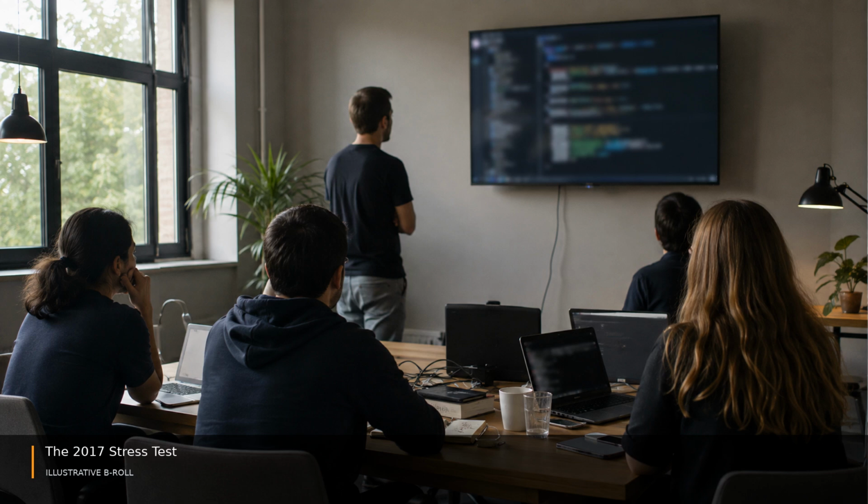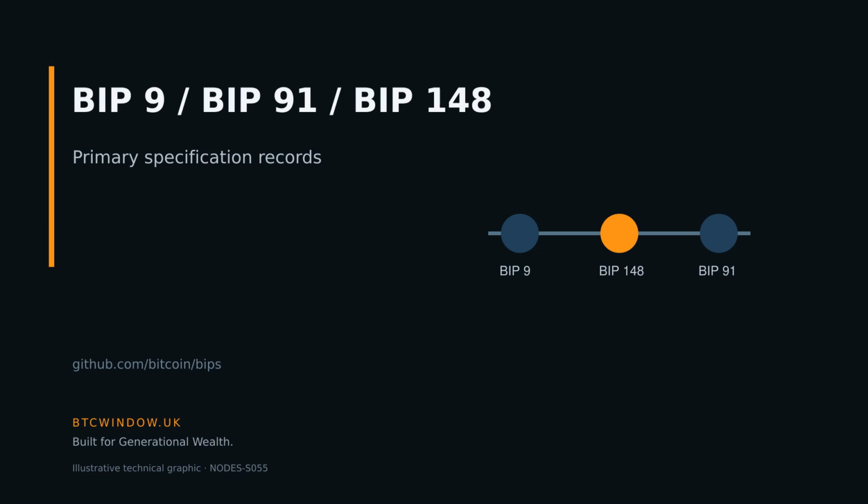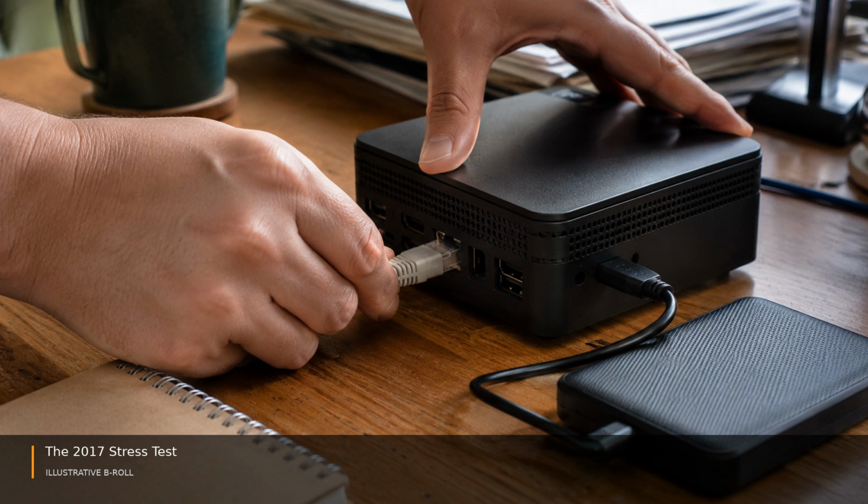The SegWit activation conflict in 2017 is often retold as a simple victory. Either miners controlled Bitcoin or users and nodes defeated them. The primary documents tell a more complicated story. The original BIP9 process measured miner signaling for a backward-compatible upgrade. When activation stalled,